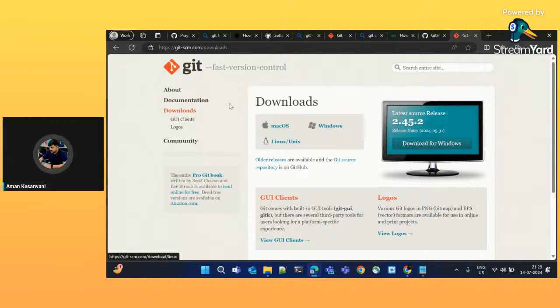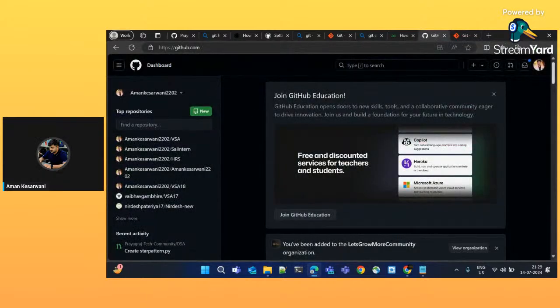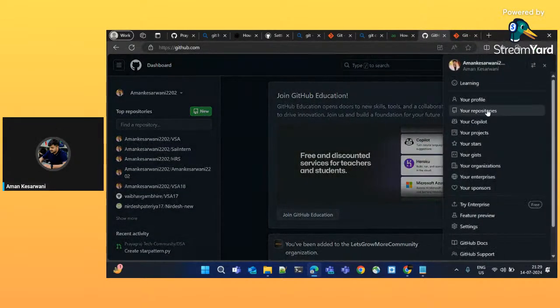So basically, the usage of Git is to connect to GitHub locally. We can connect to a GitHub account locally with the help of Git. That's why we need to download Git, to connect to the GitHub account and manage the GitHub repositories and all. So let's suppose